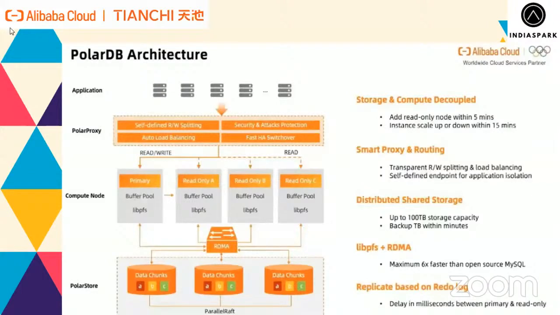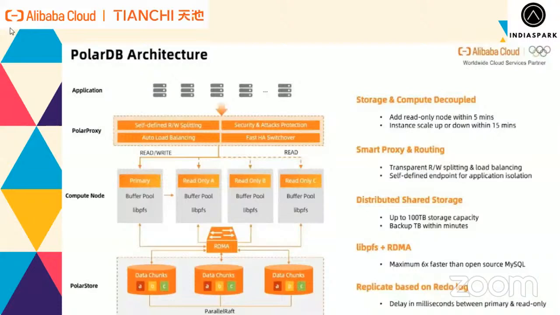Now, if you go above, you'll see a compute node. What does compute node mean? It stores your metadata. Metadata is nothing but data about data. You are aware of this term, metadata. In this compute node, you'll have a total of 16 nodes. One node is the primary node, and the other 15 will be read-only nodes, right?